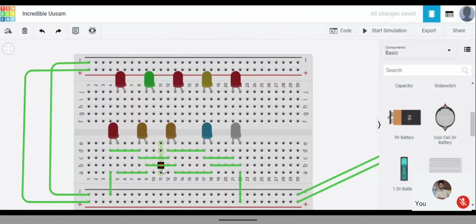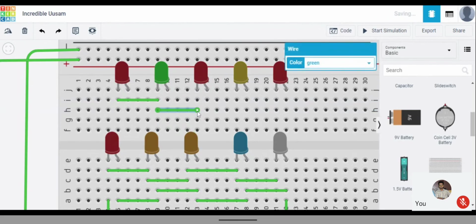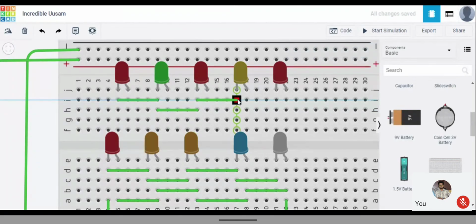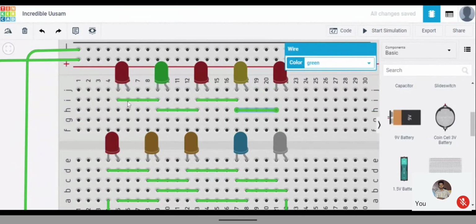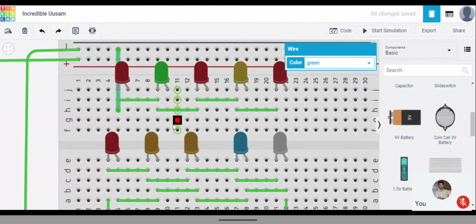How we connected here, in the same way I'll connect this one also. So this cathode to the next one, the same cathode to the next one, and the same to the next one. For all of these, I'm taking this one with a negative, and the same way the positives, right?